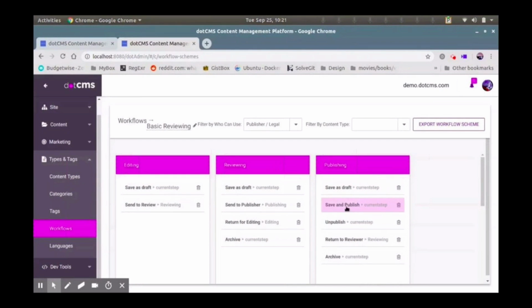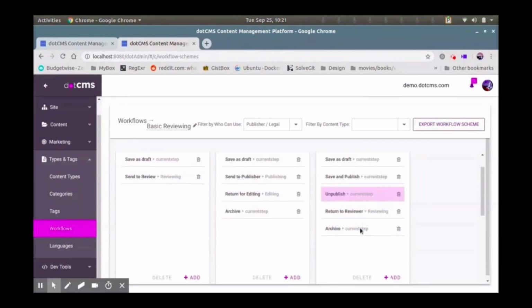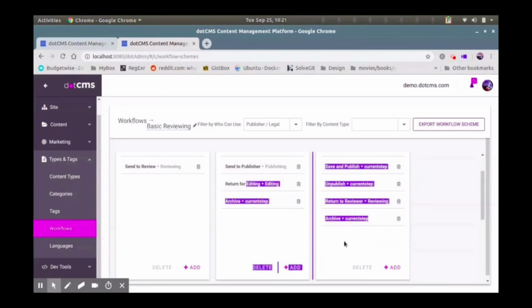And these guys could either save and publish, save as draft, continue editing on their own, unpublish or archive it because they don't like this, or return to reviewer for perhaps more edits or to pass it back down all the way to editing. Maybe they should also be able to,